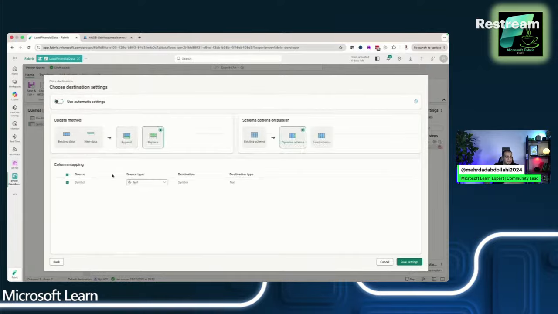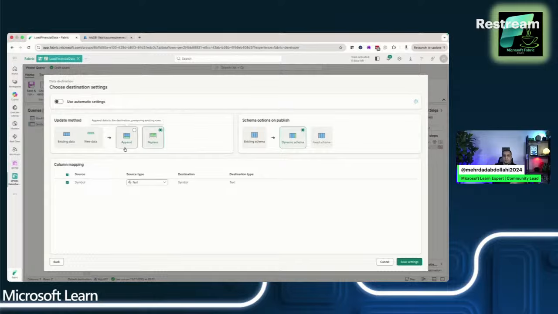Otherwise, I can just specify it, or for the method of updating, I can just say, hey, I want this data to be completely replaced with whatever I have in my destination, or it can be just added to the records that I have in my destination table for the next refresh of the data flow. As an example, when you have the sales order records, the sales order record is not going